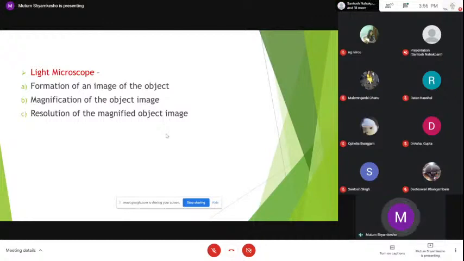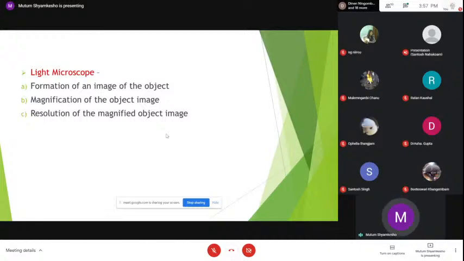That is the formation of an image of the object to be observed through the microscope, and then because these objects or specimens are too small to be seen by the human eyes, the image formed by the microscope of the object should be magnified so that the human eye can observe them. Thus, the second important function is the magnification of the object image, and the third important function of this